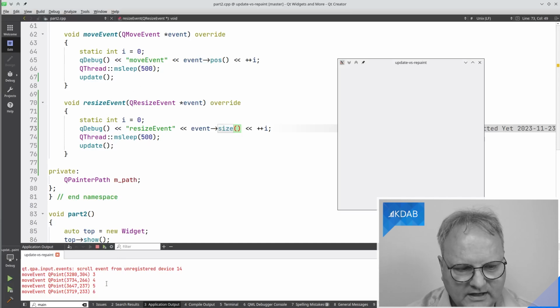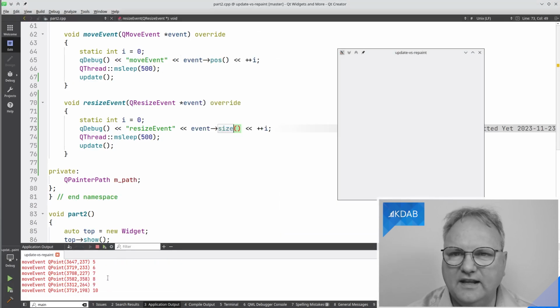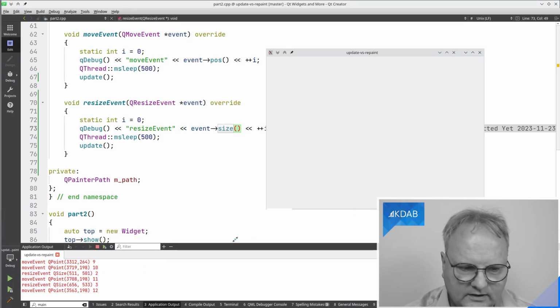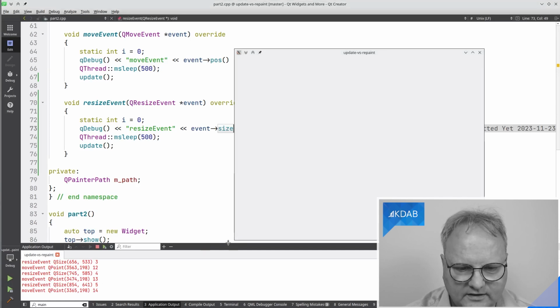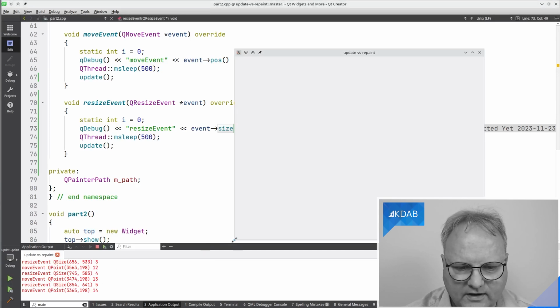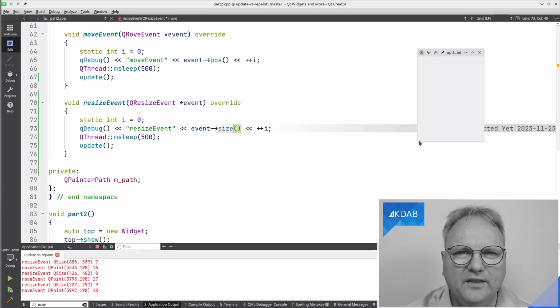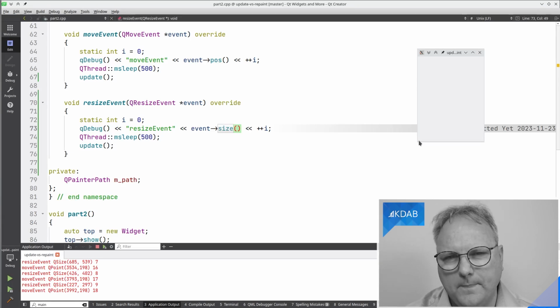And you can see that despite me moving around a lot, it doesn't get a lot of move events in. Similarly, if I take my window and resize it, you can see that it doesn't get a lot of resize events. It just gets them in as fast as it can cope with them, so I don't end up with 200 resizes that I need to address later on.